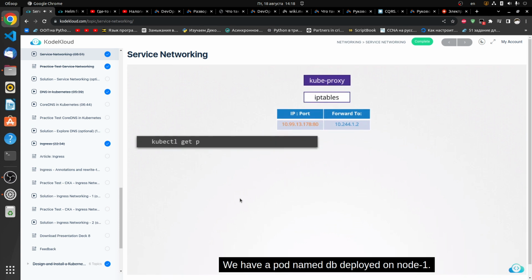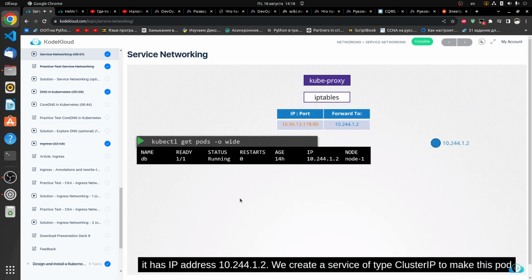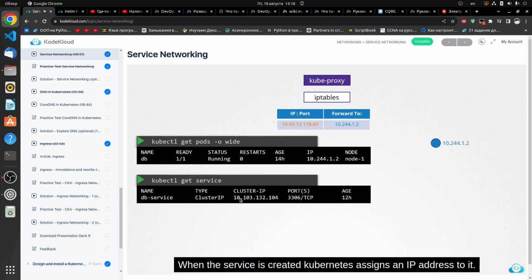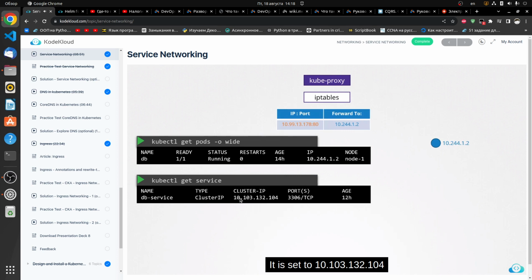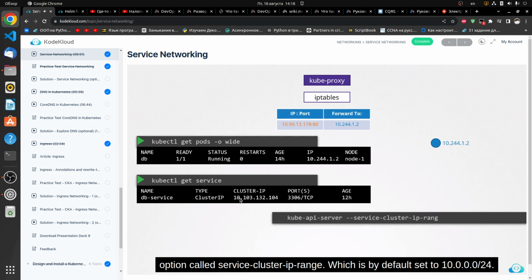We have a pod named DB deployed on node 1. It has IP address 10.244.1.2. We create a service of type cluster IP to make this pod available within the cluster. When the service is created, Kubernetes assigns an IP address to it. It is set to 10.103.132.104. This range is specified in the Kube API server's option called Service Cluster IP Range, which is by default